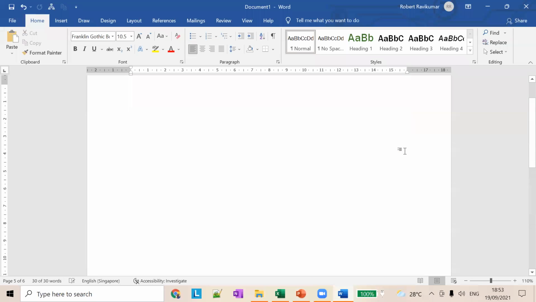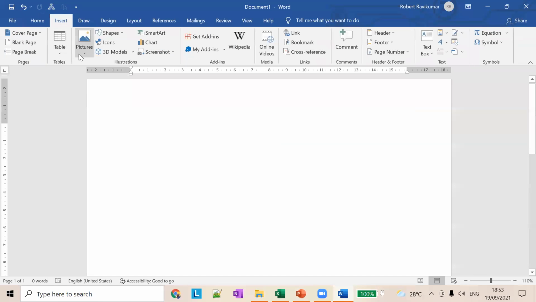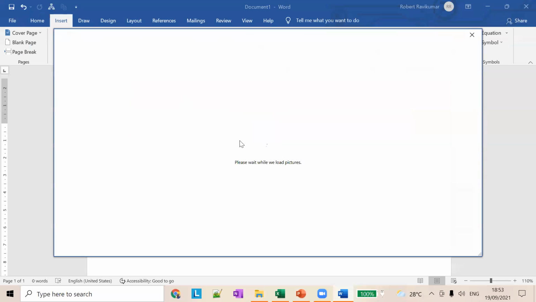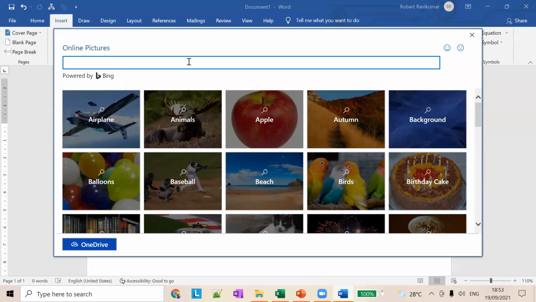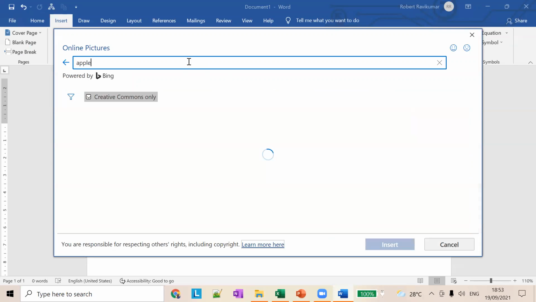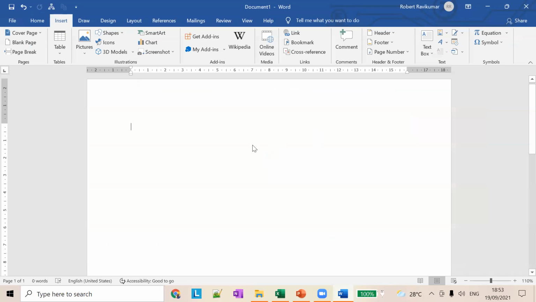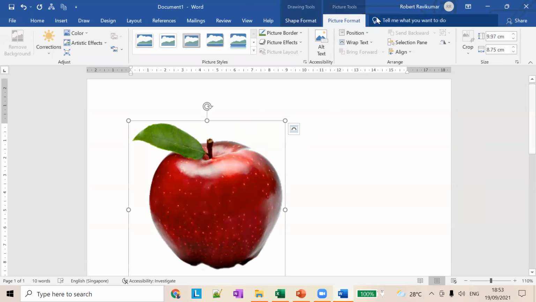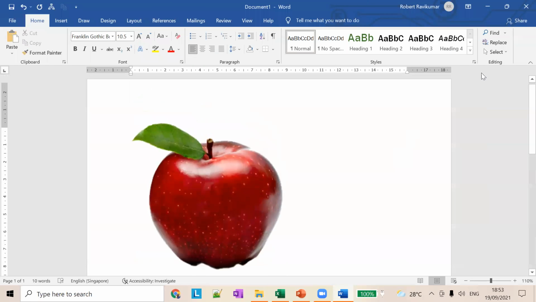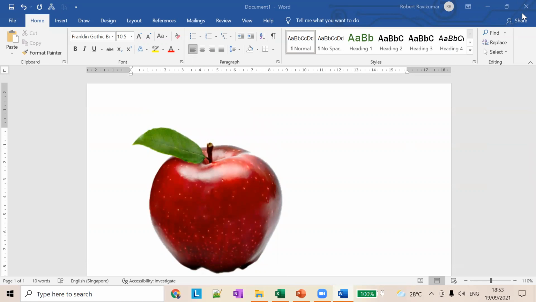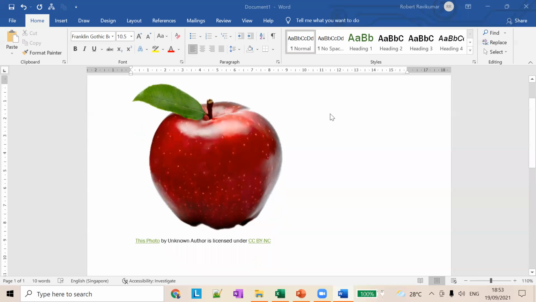I'll delete all the pictures. I'll add it again. Go to insert pictures, online pictures. Here you can see, there is no menu called format picture. But once you select the picture, if I click on the picture,